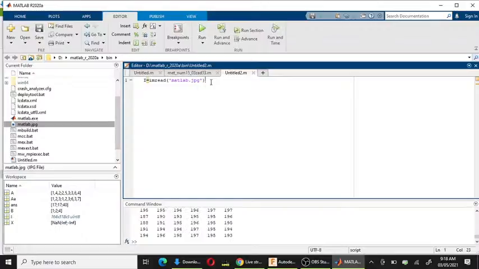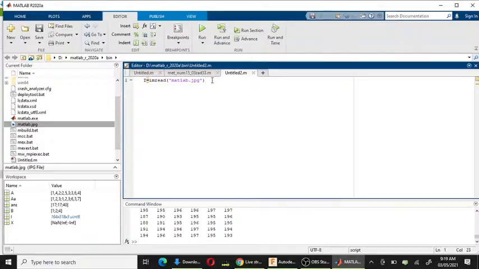Let it run. So this ran perfectly. Now what can we do with this? This is the image I did read.